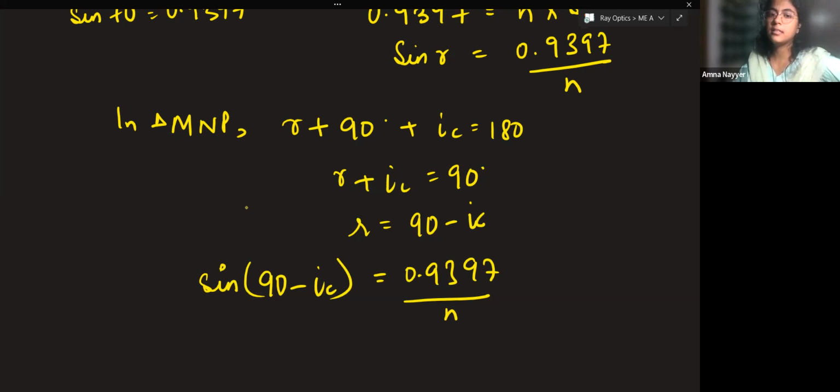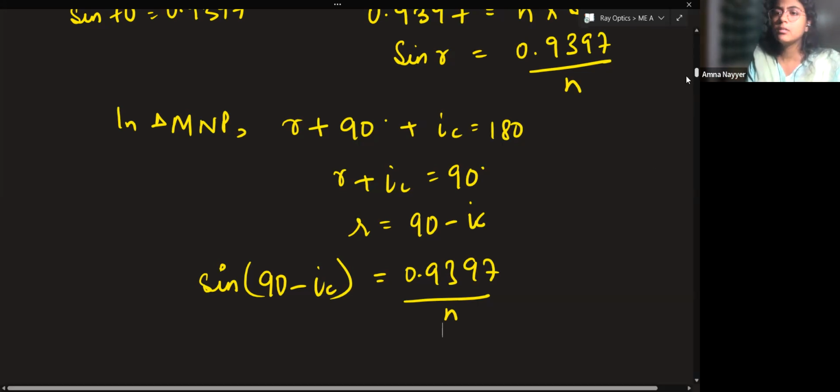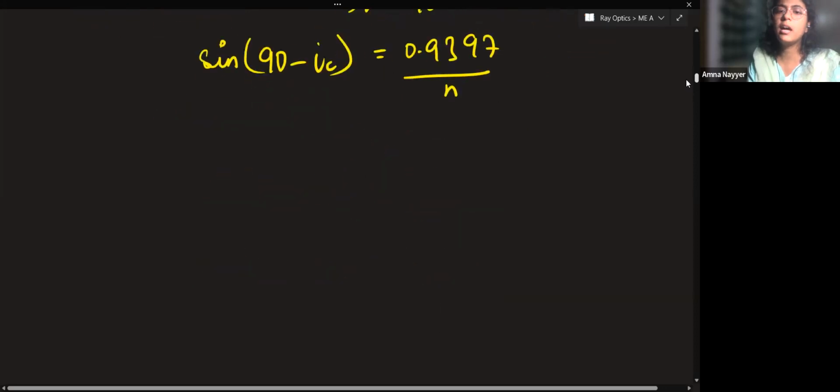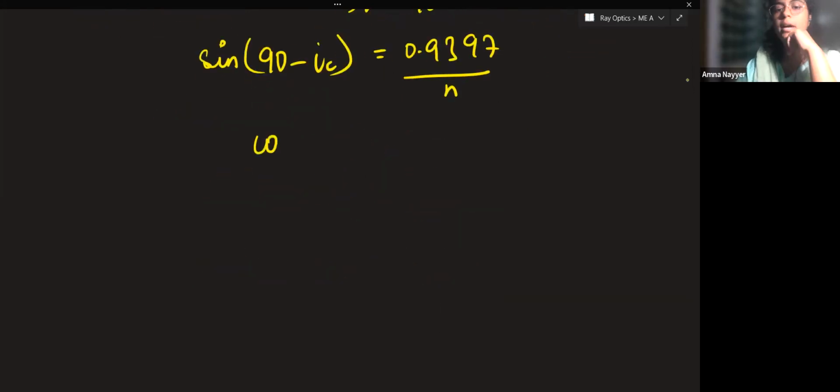Sine 90 minus theta. Cos theta. Good. Cos theta. So if it is sine 90 minus IC, IC is your theta. Sine 90 minus IC means cos IC. Sine 90 minus theta, cos theta. Sine 90 minus alpha, cos alpha. Sine 90 minus phi, cos phi. So sine 90 minus IC, cos IC. Clear? Same identity. So instead of theta, you have it as IC. So I can write this as cos IC